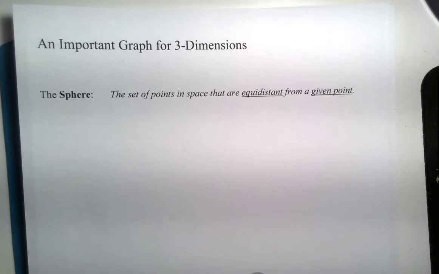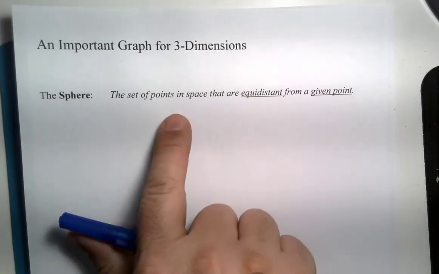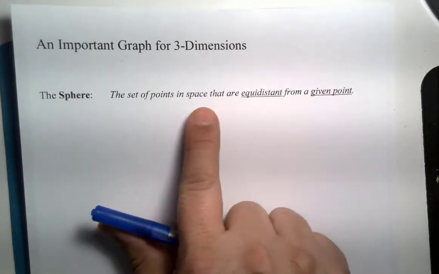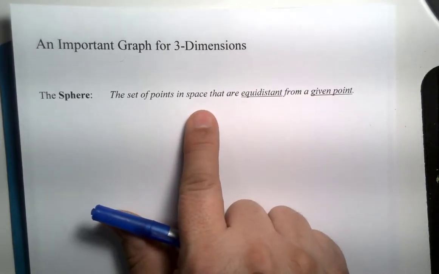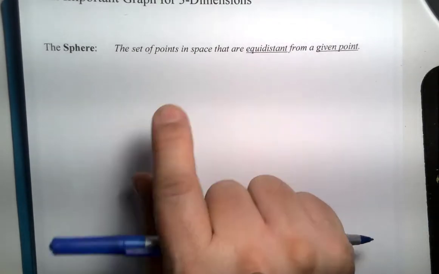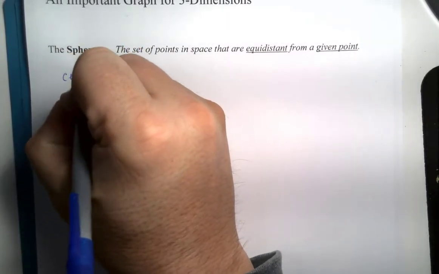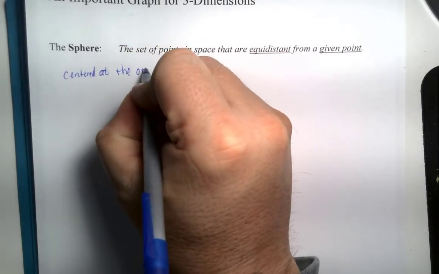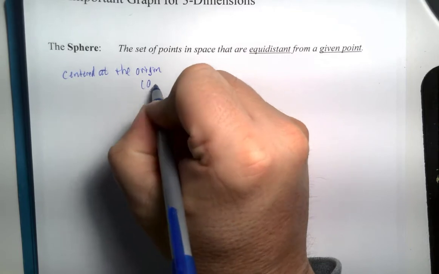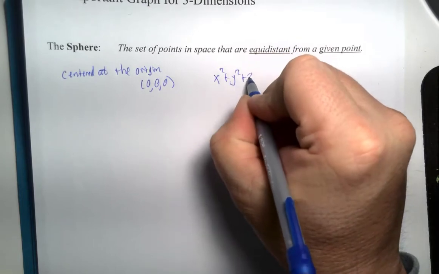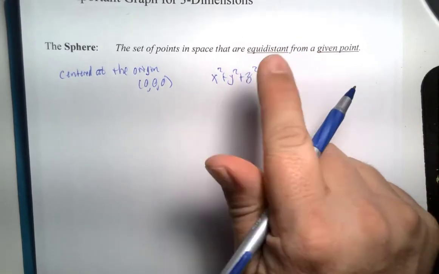the sphere. So the definition of a circle would be the set of points in a plane that are equidistant from a given point. This given point would be the center, this would be the radius. So if we just move this into space or 3 dimensions, we would then be talking about the equation of a sphere. So the concept, if you were centered at the origin, the point 0, 0, 0, we would have x squared plus y squared plus z squared is equal to whatever